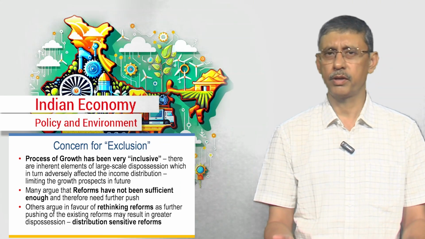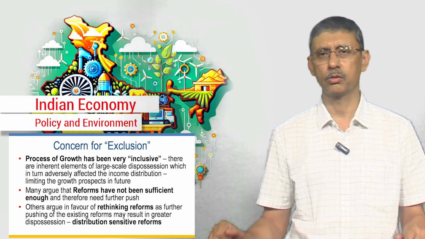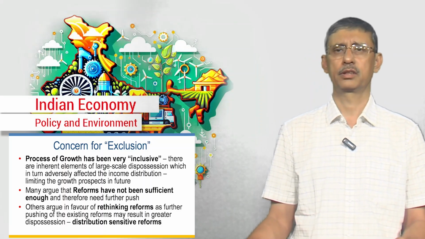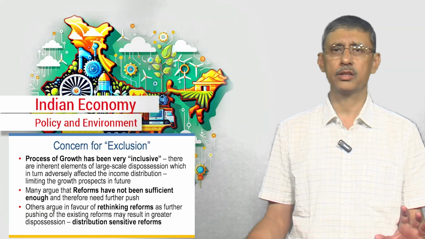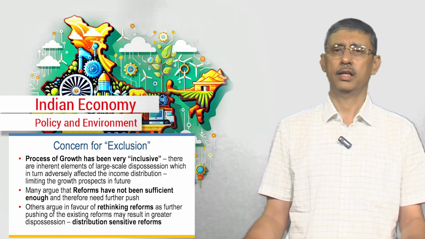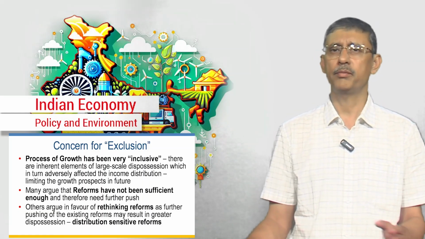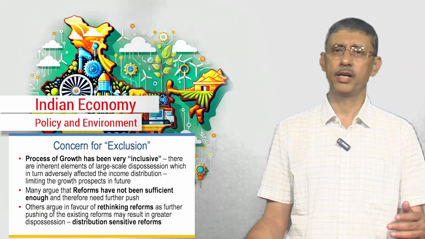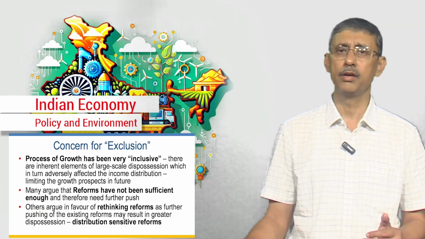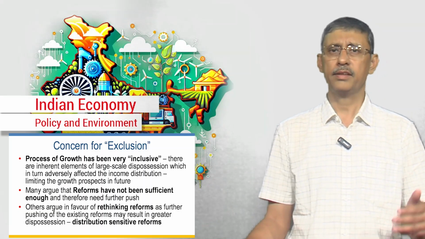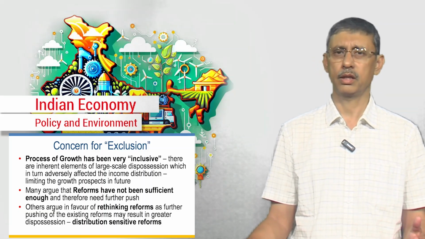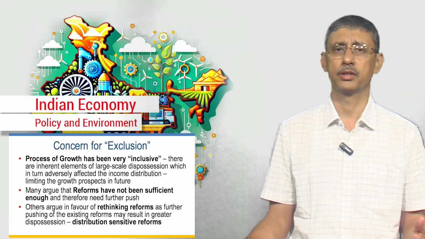We have seen that poverty has been reduced, we have seen a quote-unquote inclusive process, but we have also seen that within the same process, there are inherent elements of large-scale dispossession, that people are not getting employment. These are being replaced. Even if they are getting employment, they are replaced from formal employment to informal employment. And that affects the whole question of their income growth. That is evident from the graph that I have presented.